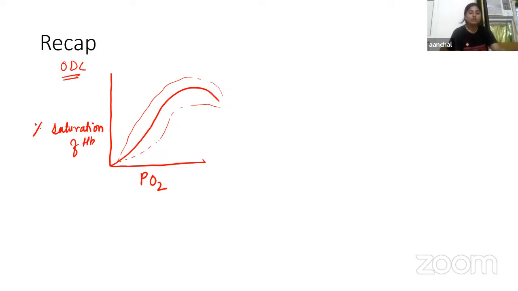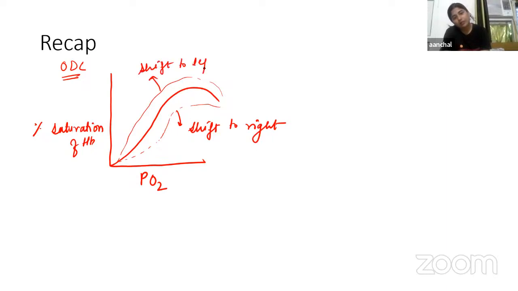So in this, very important factors are there. First we have shift to right, and this is shift to left. So we're going to discuss the factors affecting this dissociation curve. First, we have